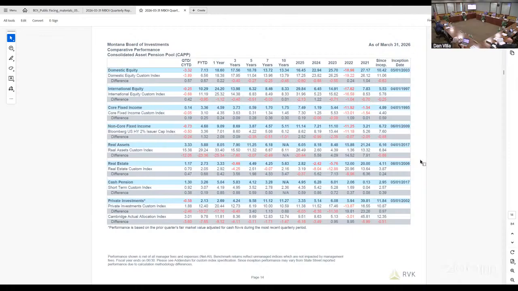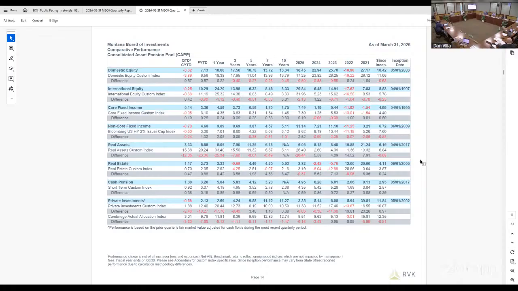Without AI and technology, our domestic equity market has had much more modest returns. So that is something to keep in mind when you look at that long-term comparison or interim term comparison. For 5 and 10 years, actually, as you look at 5, 7, and 10 years, we beat that custom benchmark handily.